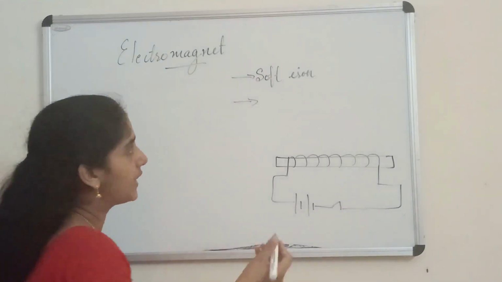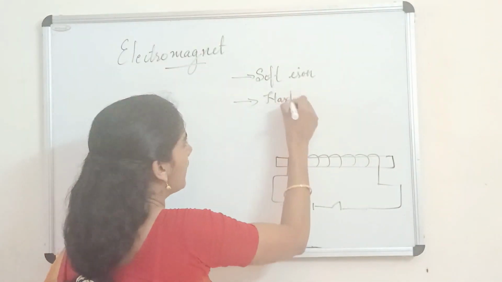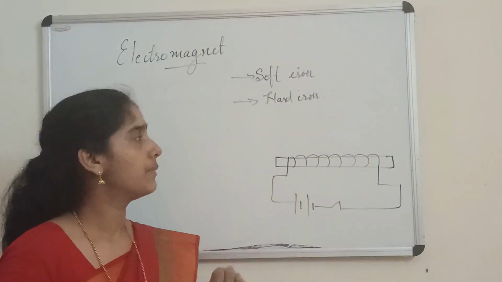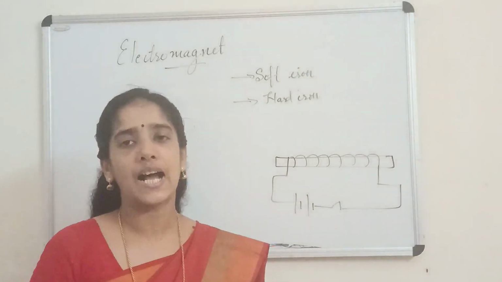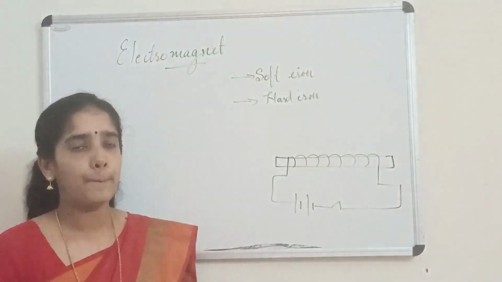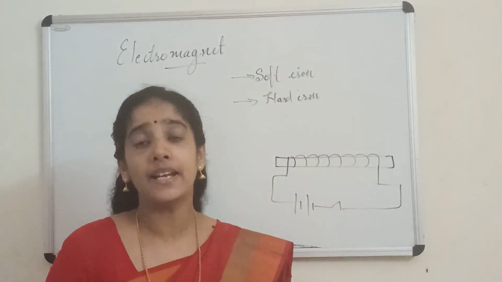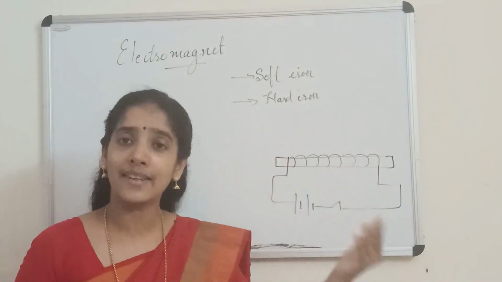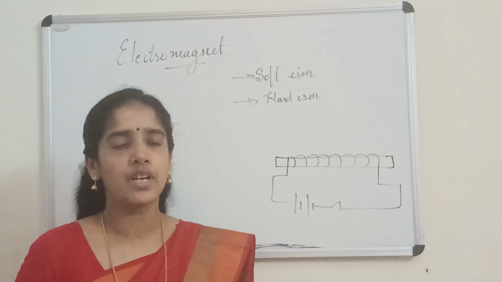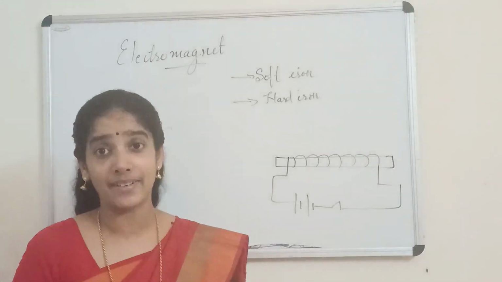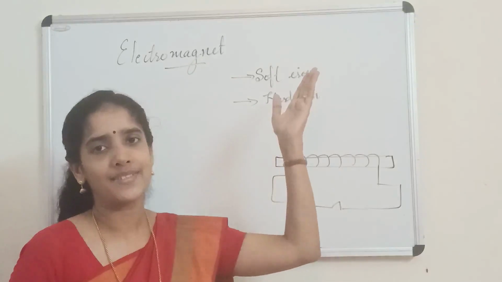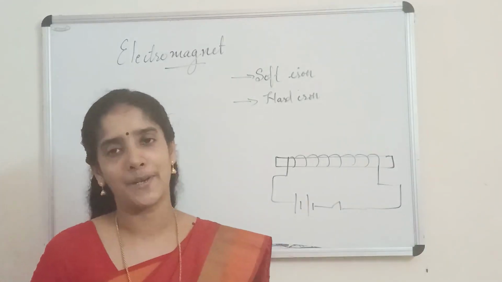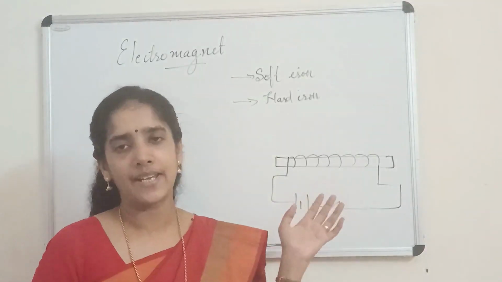Here comes one more term, hard iron. What is the difference between hard iron and soft iron? This classification is basically on the basis of the contents present in the iron. If the carbon is very less, then we call it soft iron. From the point of view of magnetism, if the material is very easy to magnetize and demagnetize, meaning to destroy the property of magnetization, then we call that iron soft iron. Otherwise it is called hard iron. Usually steel comes in the category of hard iron.